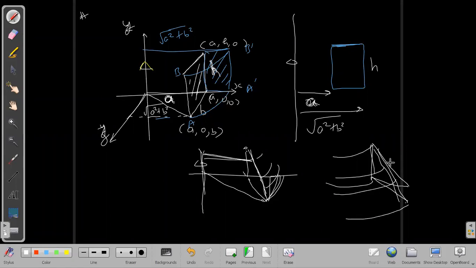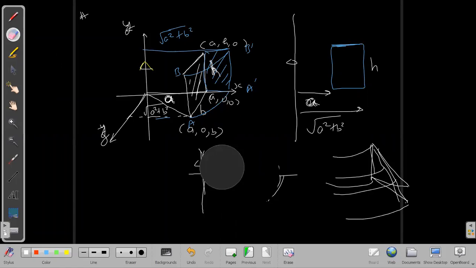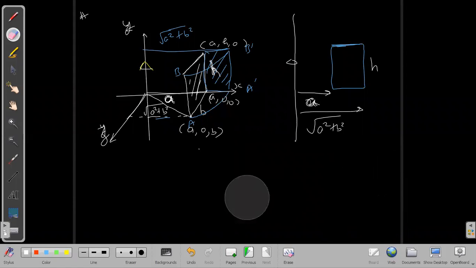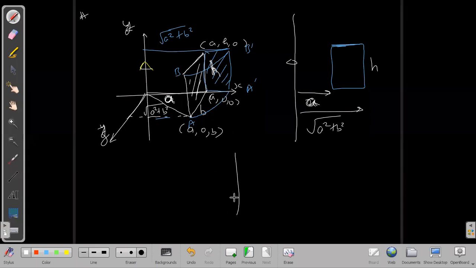Sir, in one plane it will be a straight line, in the other it will be a triangle only, sir. No, in one plane it is a straight line only, but in the other plane also it will be a straight line only. That's what you are saying? No, sir. In another plane, a triangle will be there, sir. No, what are you talking about really? What is this point talking about? Means after turning, sir. In this XY plane also, we get the triangle. This is also a triangle only in the beginning. It was a triangle in the beginning, and when we turn it, what will it turn into? What projection will it cause here? It will cause another triangle, sir. I'm suspicious about that. That might not be true.